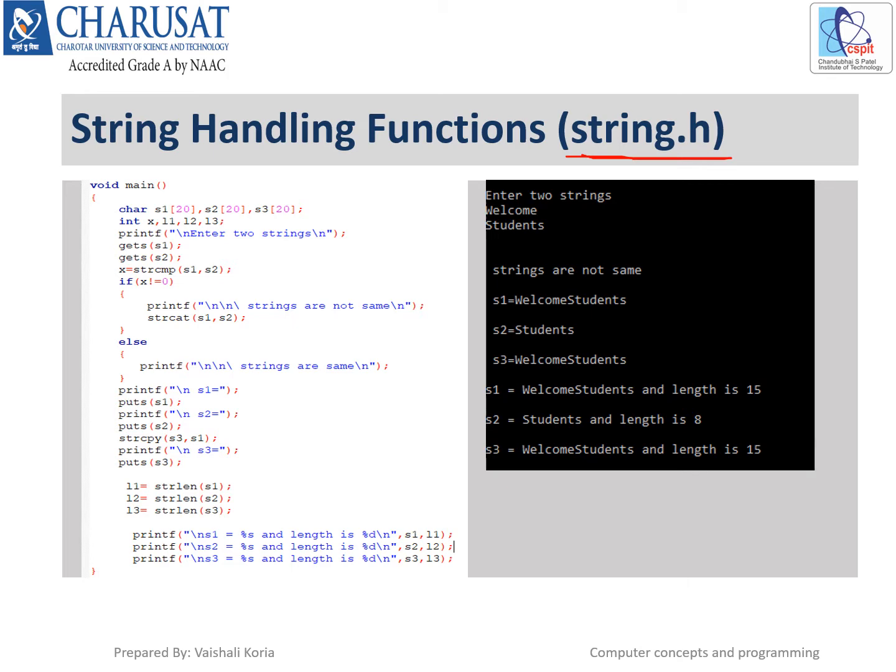Okay. So here in this program there are three character arrays taken in which we can store the strings, right? Now this gets function is used to take the values of s1 and s2 from the user. So user can enter two strings here. Okay, now one function that is called here is strcmp, right? Now this function is used to compare two strings to check whether they are same or not, right? So here in this function we have passed two arguments s1 and s2, right? We have the values of these two character arrays from this gets function.